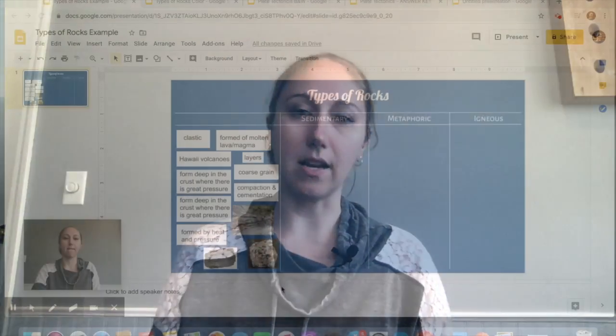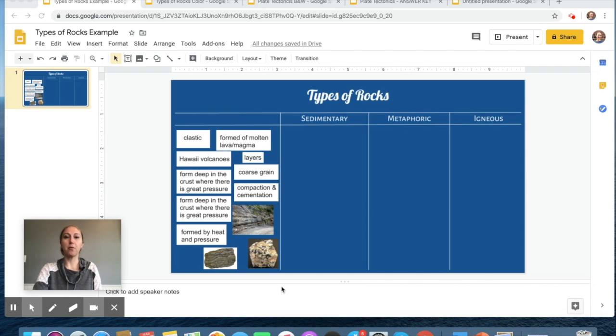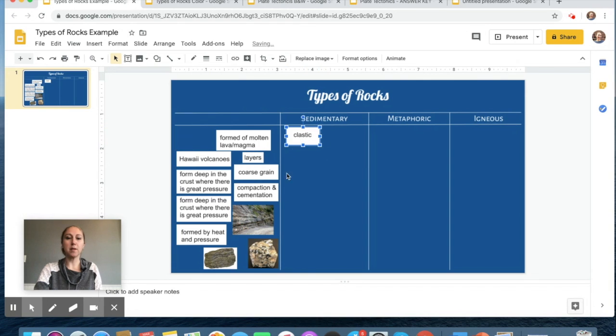These are really great for just checking student understanding or as a little activity that's going to be a bit more interactive than simply writing down the answers. Here's an example of what we'll be making today. As you can see, students can click on the background, but they're not able to manipulate anything. But what they can do is move the terms and the images that you've set for them